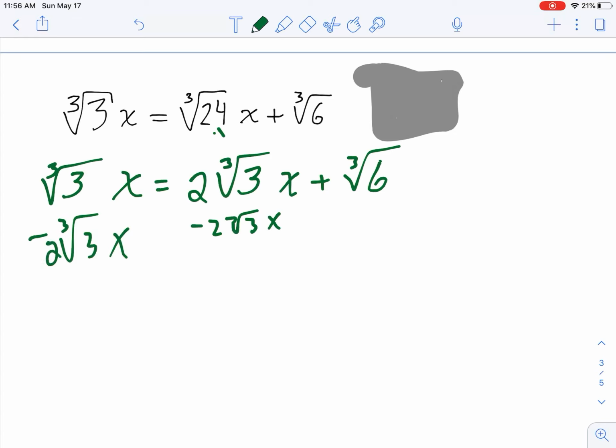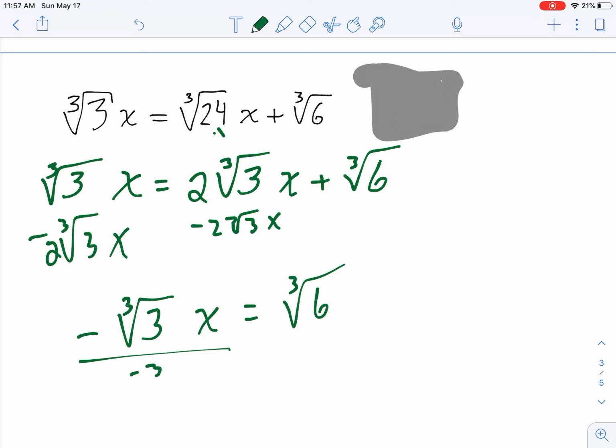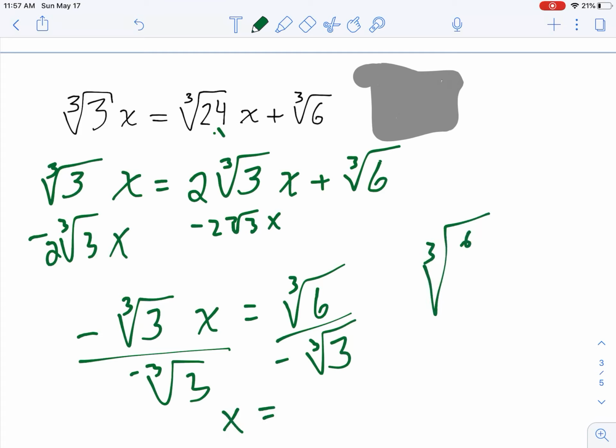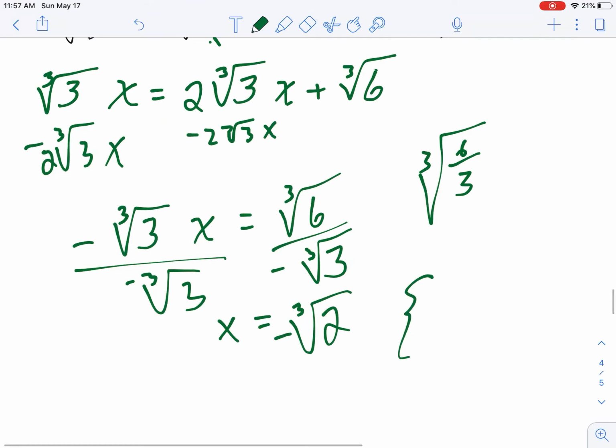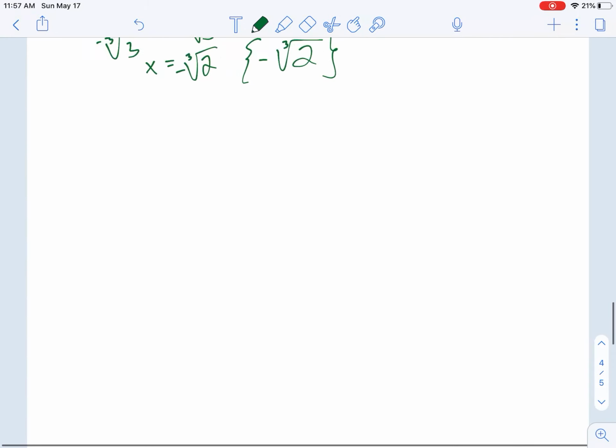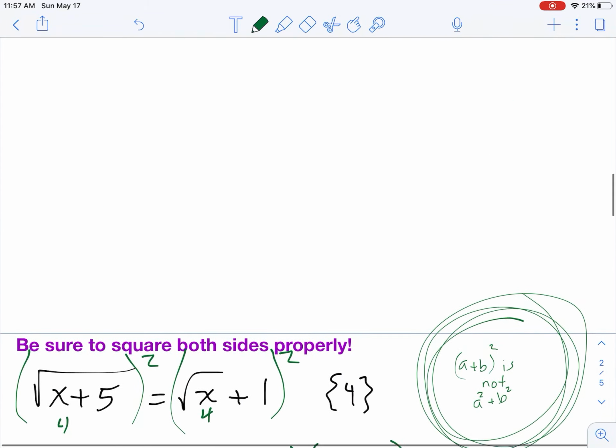So I have a cube root of 3x minus a 2 cube root of 3x, so I'll get a negative cube root of 3x equals a cube root of 6. Great. I'm going to divide by a negative cube root of 3, divide by a negative cube root of 3. So this is the same thing as the cube root of 6 over 3, so negative cube root of 2. Cool. I'm okay with that. And there's my answer. Cool. Negative cube root of 2. Sweet. All right, that's our intro to irrational